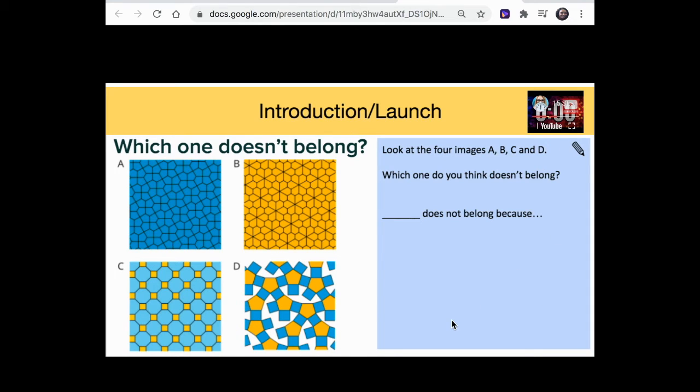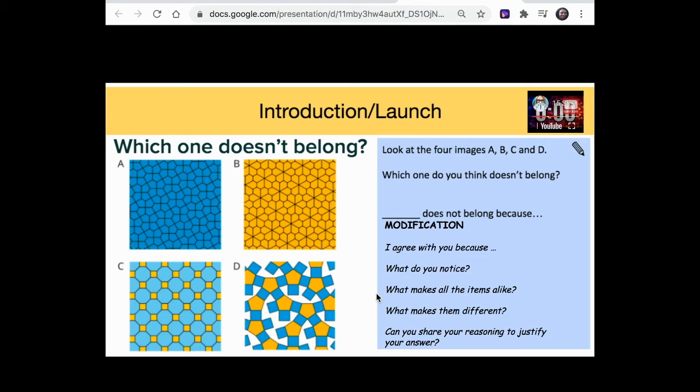All right, time's up. Did you say A doesn't belong because the other tessellations have yellow in them and A does not? Or maybe you said B doesn't belong because the other tessellations have blue and B does not. As you can see, there is more than one possible answer, and all of the answers are correct as long as the student can justify their response. Possible modifications for this routine include: